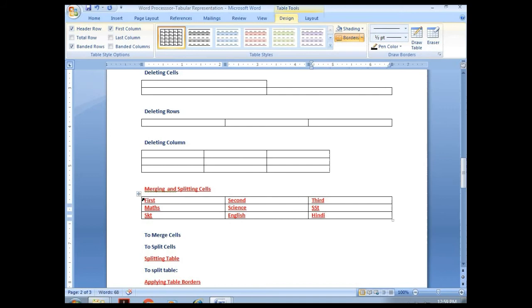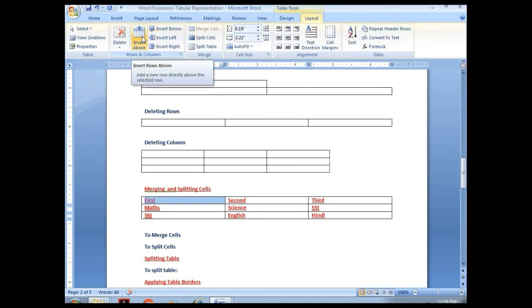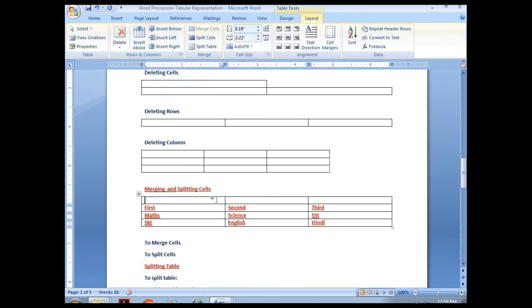Here we are inserting a row above, just above, to write the name of the school. Here we are merging by selecting the 3 columns and Merge Cells, and we can write the name of our school so that it will look better.